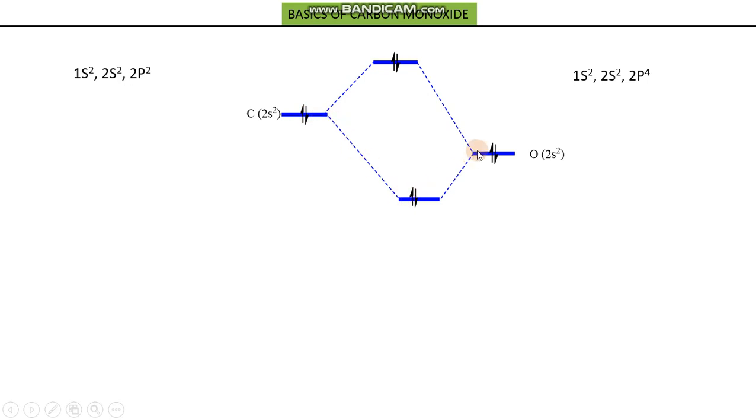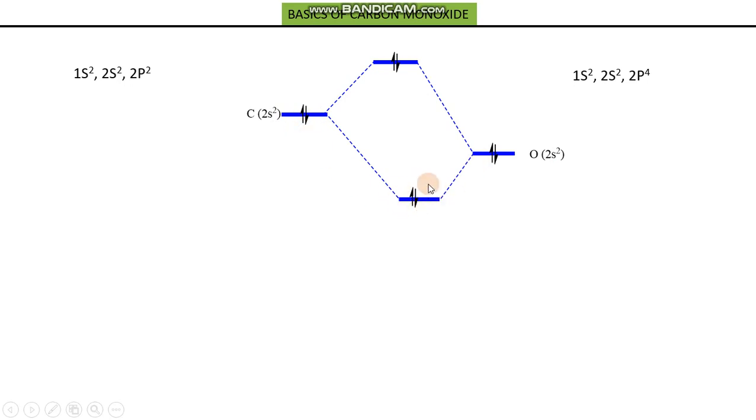Now these orbitals, they are two in number. They are atomic orbitals because they are under the influence of a single nucleus. These atomic orbitals will combine, and you also know that the number of atomic orbitals combined will be equal to the number of molecular orbitals formed in a molecular orbital diagram. So two atomic orbitals combine with each other to give two molecular orbitals, and molecular orbitals are of two types. One is lower in energy than its parents, because these are the parent orbitals of oxygen and carbon.